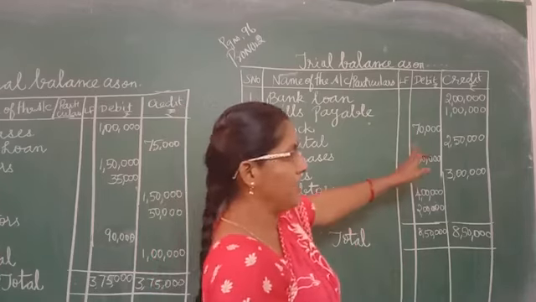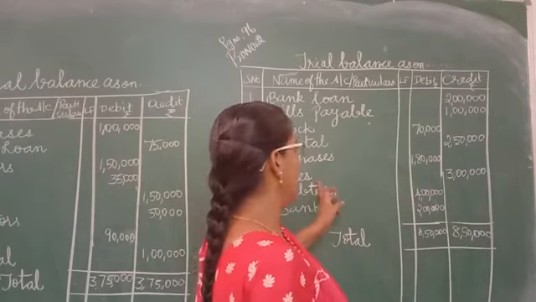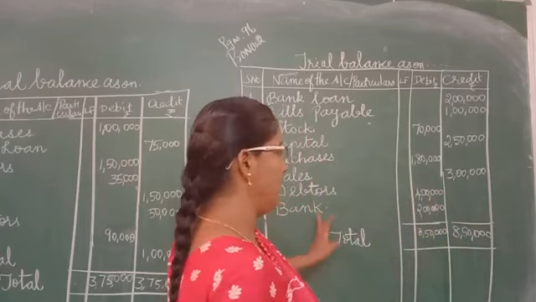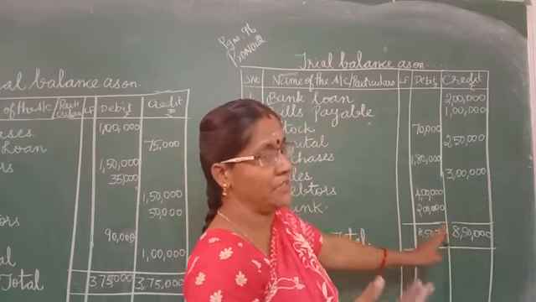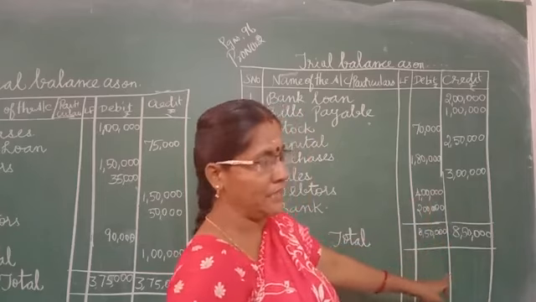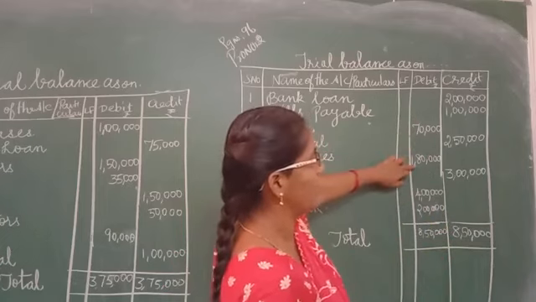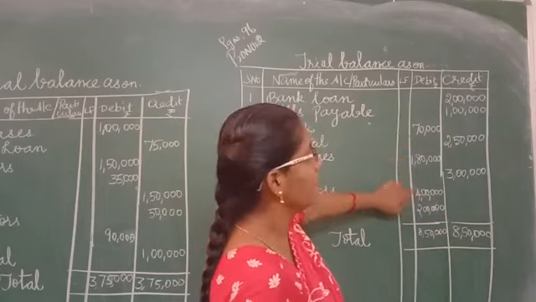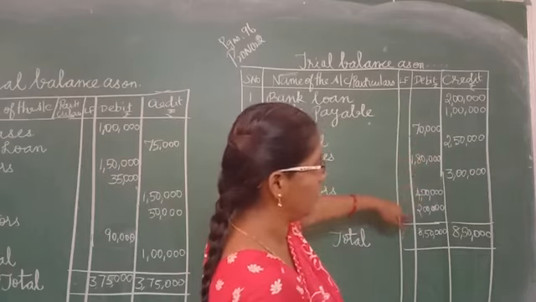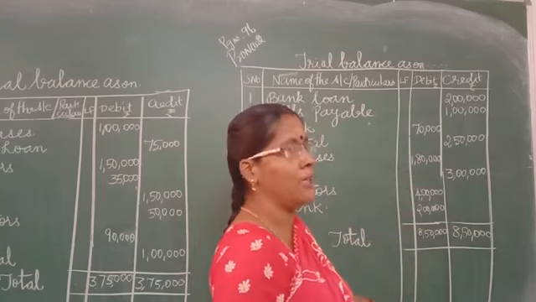And then another golden rule is debit what comes in, credit what goes out, that's all. Then debtors, it is an asset for us, so we have debited. Bank also: we have deposited in our bank account, 2 lakhs rupees balance is available, so we have debited. So write the digits in the proper columns: ones, tens, hundreds, thousands, 10,000, 1 lakh. So you can write the digits equally, and then you can do the total properly.